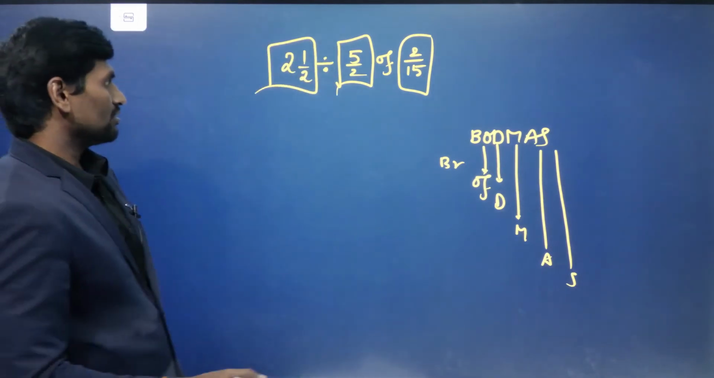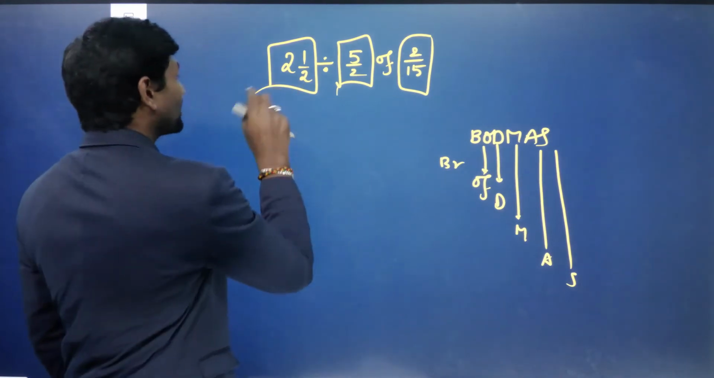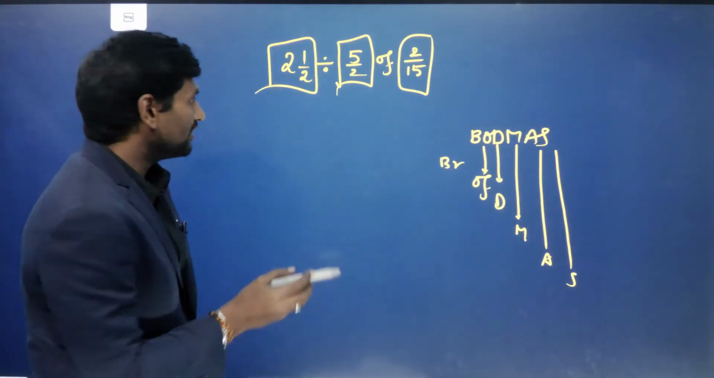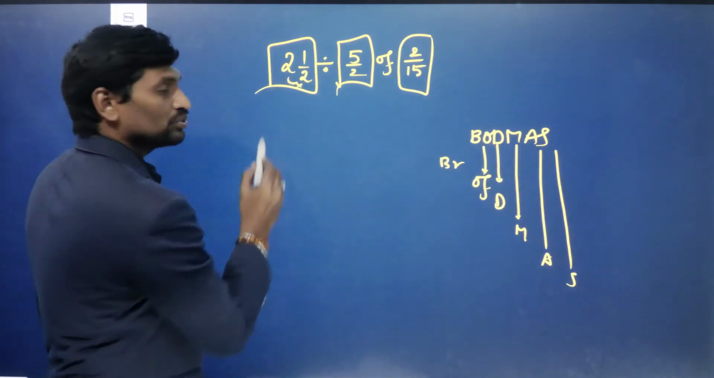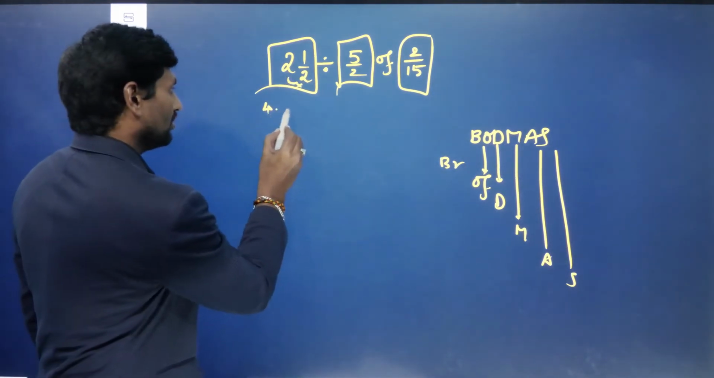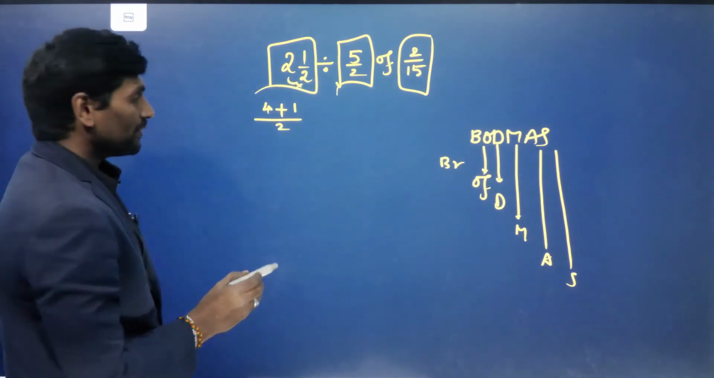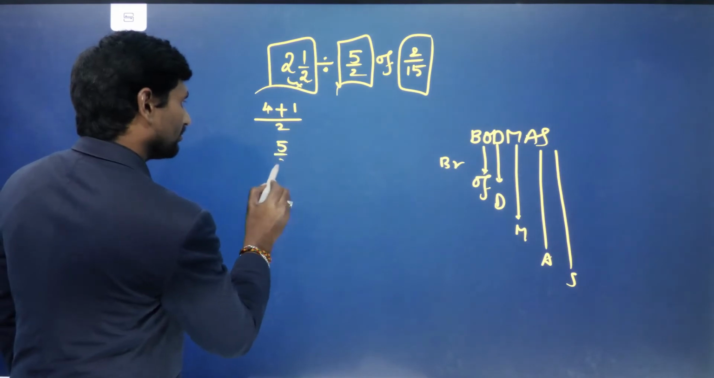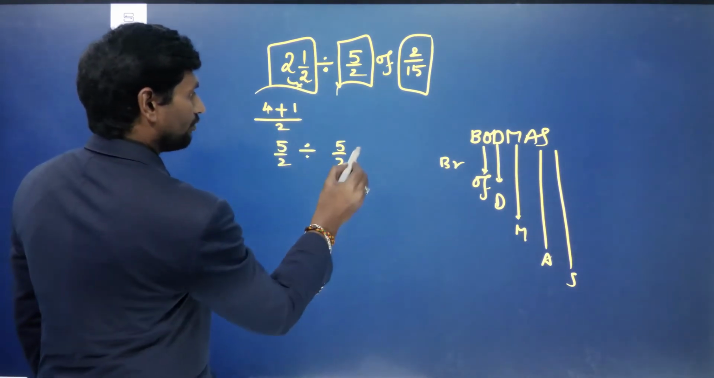Okay? So we need to multiply. 'Of' we have to do, but before that let us convert the mixed fraction into an improper fraction. Tell me how to convert here. First multiplication: 2 twos are 4, plus the numerator 1, so 4 plus 1 is 5. 5 by 2 with the division symbol. 5 by 2 of means into